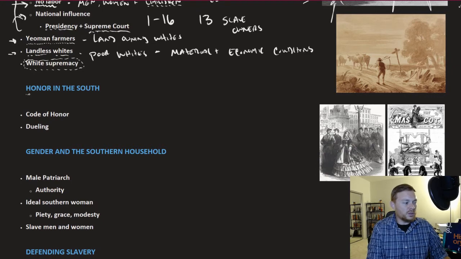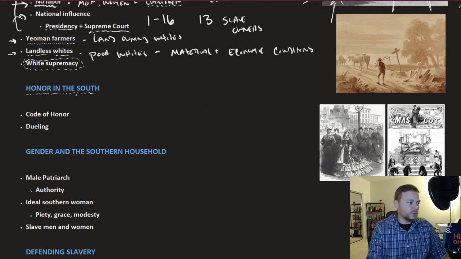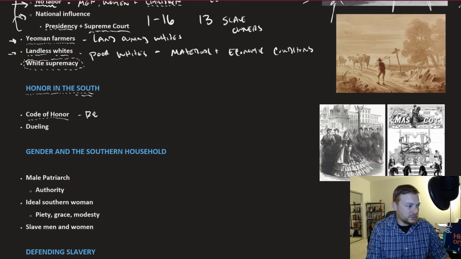Whereas in the North, a lot of culture surrounded materialism, what you purchased, material goods. A lot of those material goods were not available in the South, and so different things culturally were more important. Honor was a big one. There was a certain code of honor, respect, we might call this.